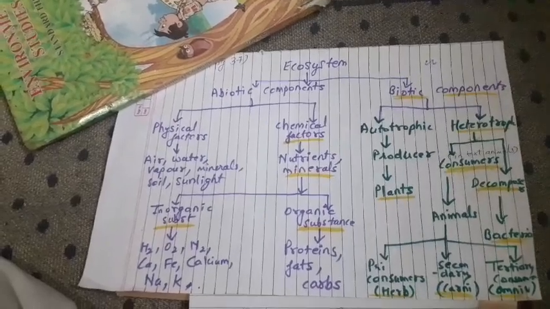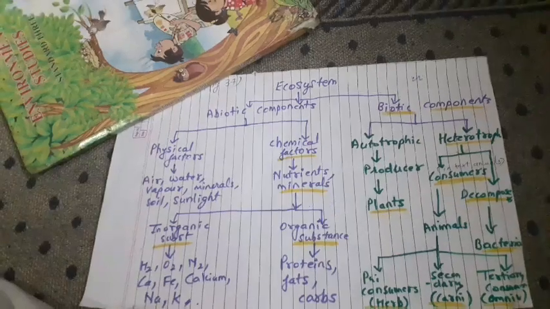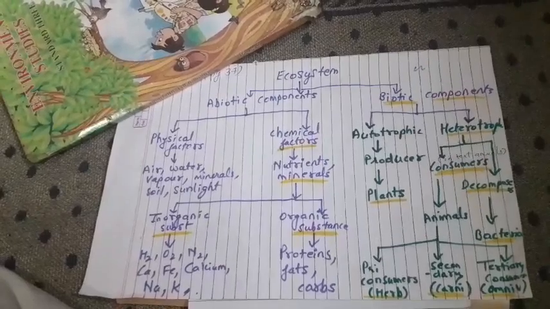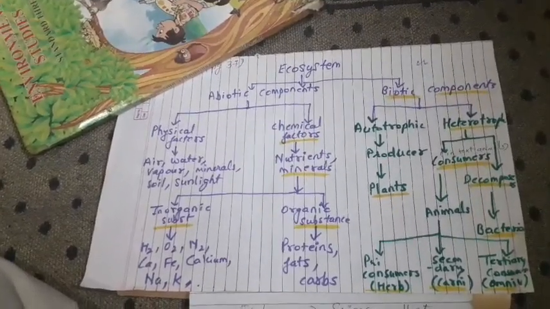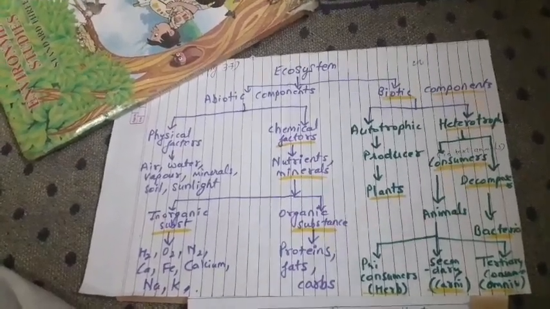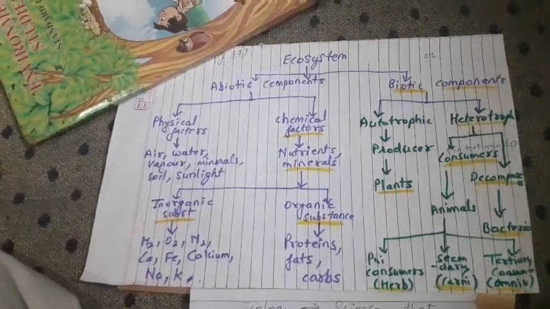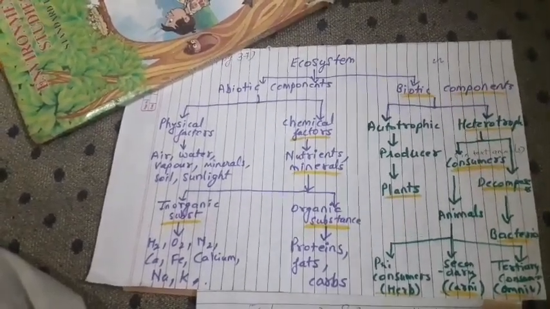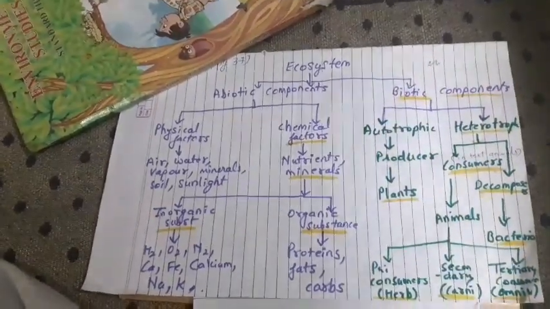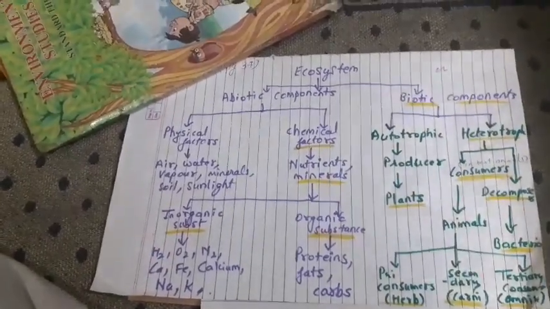Environment has two components, biotic and abiotic. Biotic means living things, abiotic means non-living things. So when you are seeing this video, please refer to your textbook page number 37. There is a diagram of this flow chart. In the ecosystem, the abiotic components, abiotic means non-living things. Keep it in mind when you are studying and listening. Don't get confused. Non-living things which are around us and are useful to us will come under these abiotic components.